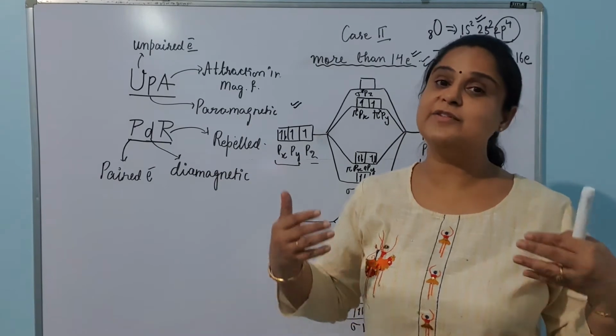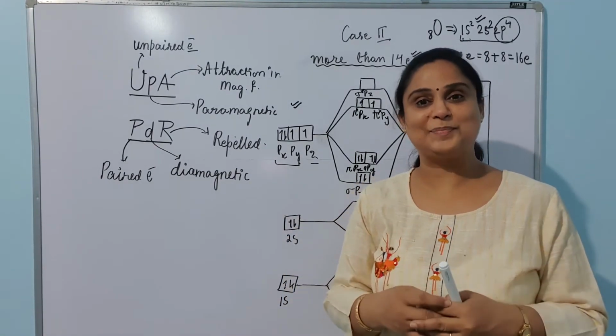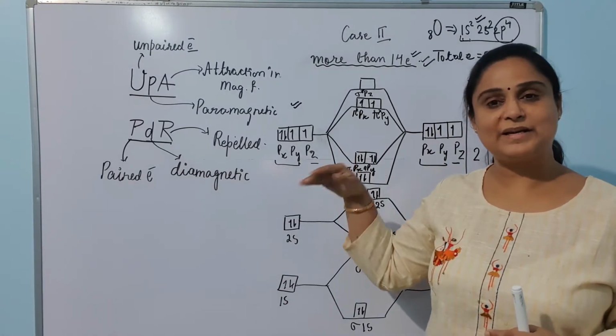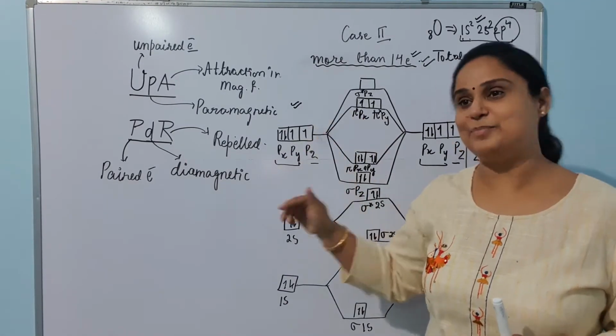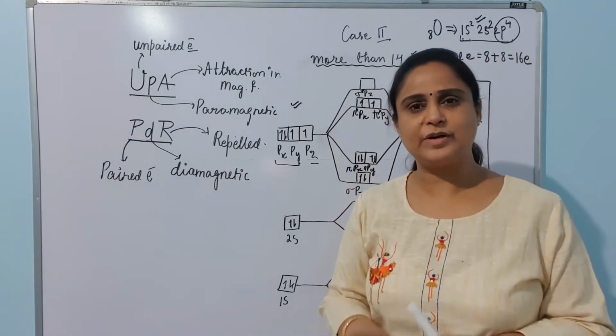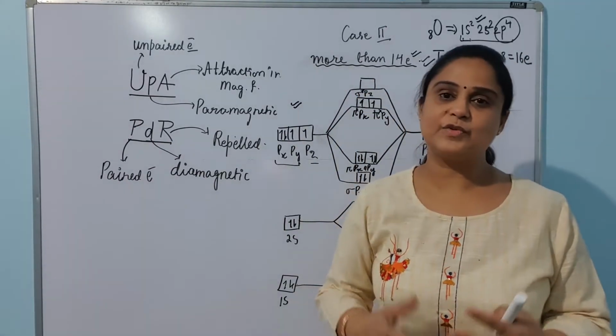Although valence bond theory was saying that these electrons are paired up, this is saying that when the reconstruction of the orbital takes place, the electrons are not paired up because of the difference in the energy levels. Okay, so I hope now you can make the orbital diagram and you can judge what will be the magnetic